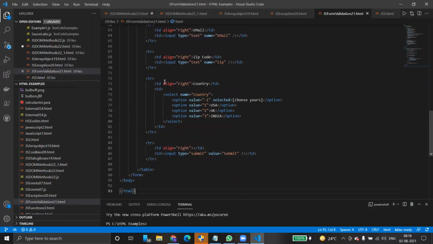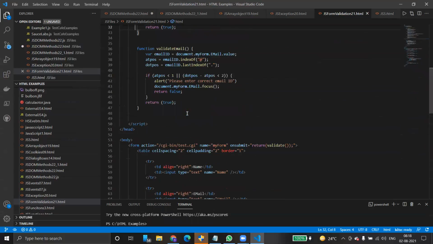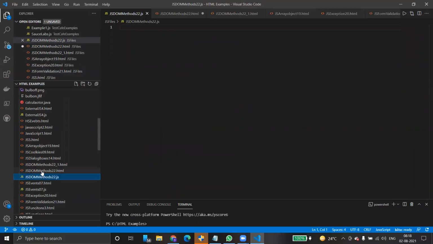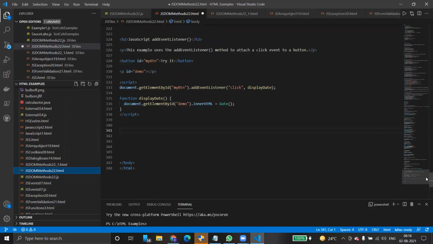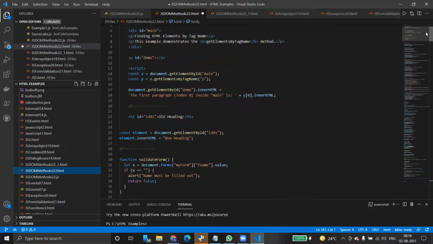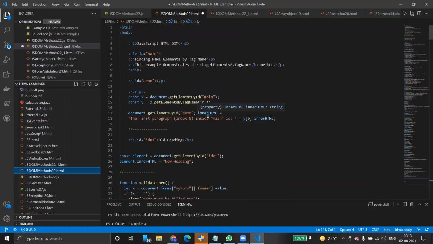So what are those methods? The first and foremost is document.body. It is one of the methods used to get the entire tag value of the body. Whatever the value inside the body, we can fetch it. So anyway, we'll go to methods.html. Yes, so we have very lengthy code. Let's see first.